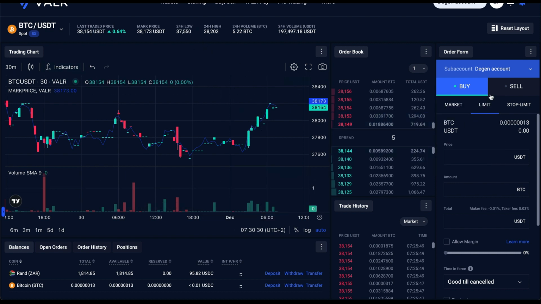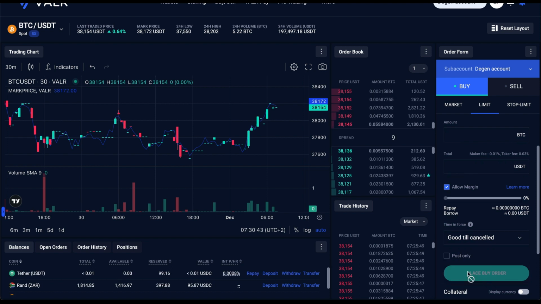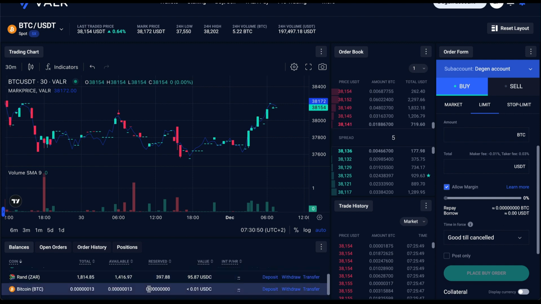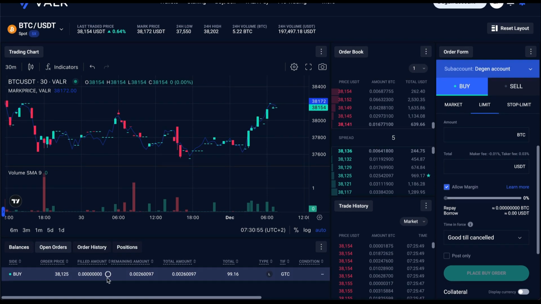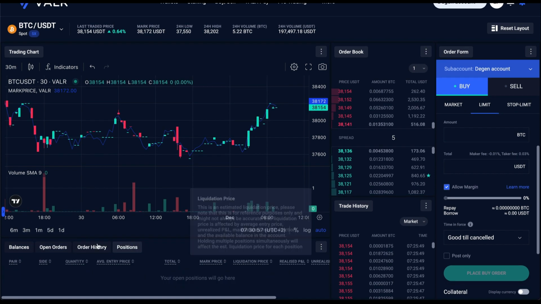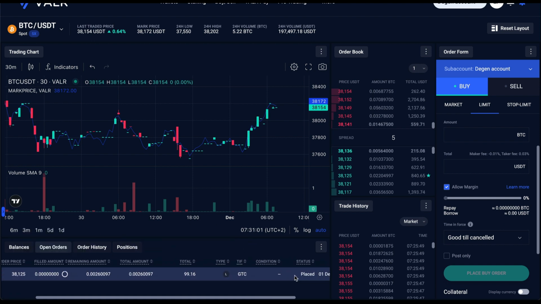So let's say I wanted to go long here. I'm going to place a limit order so that I don't get filled immediately. Allow margin, and let's say I use 20%. It will allow me to place that and it will have used Rand as collateral there. So you can see it's taken some away there. Now I can go see in open orders, it will live there, it's not filled yet. And I don't have positions open. I'm going to cancel this one because